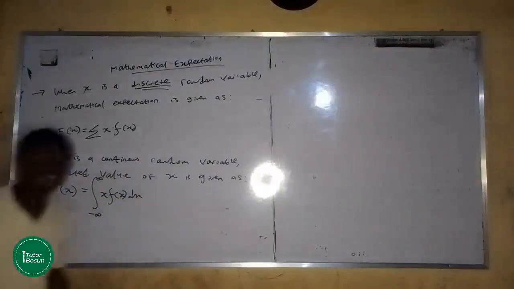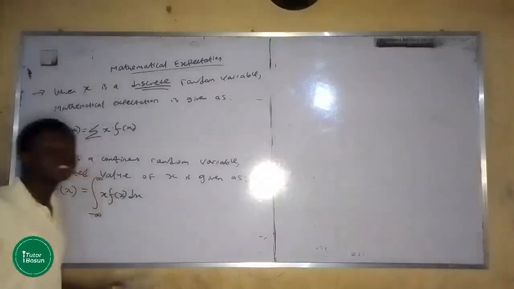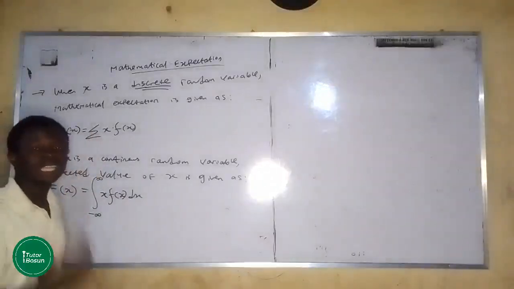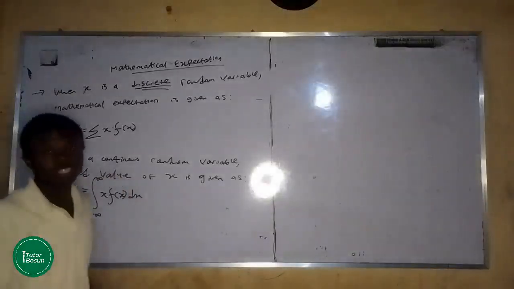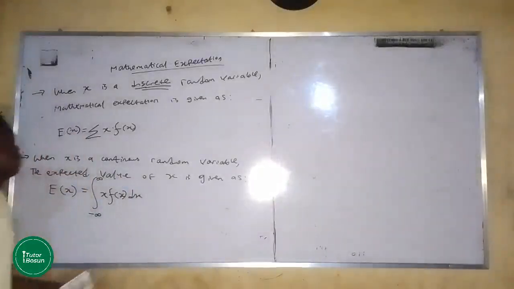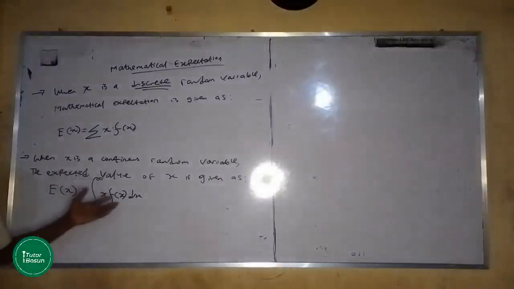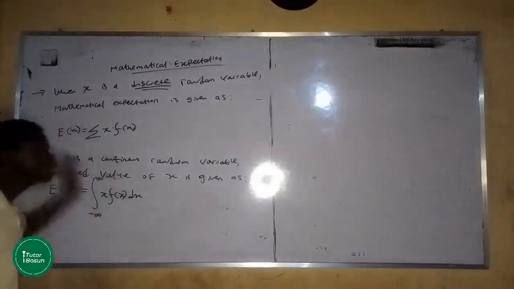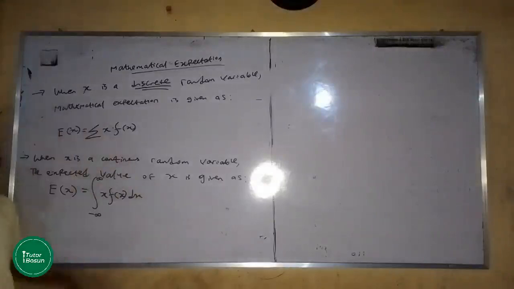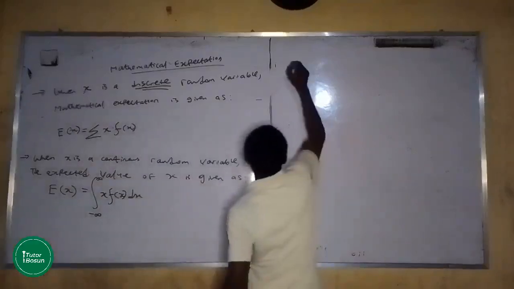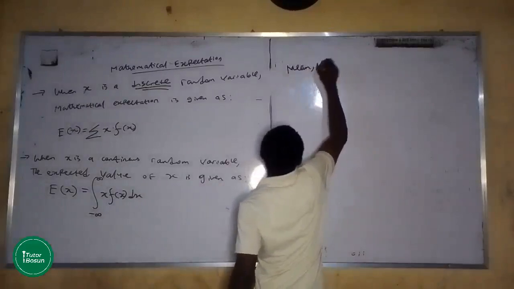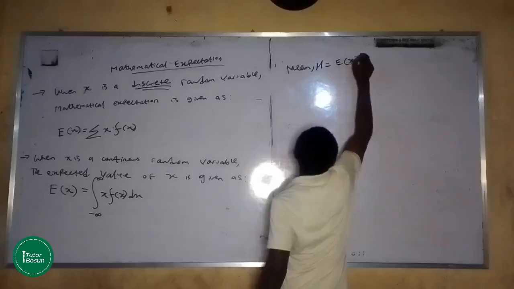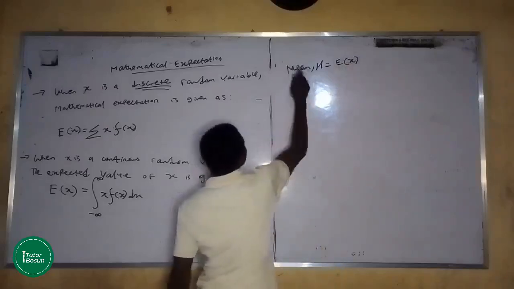I also want you to take note that you can be asked to calculate mean, variance, and standard deviation from expected value. When you have to calculate the mean from expected value, your mean is the expected value of x. You don't need to stress yourself. So mean is equal to expected value of x. But your variance